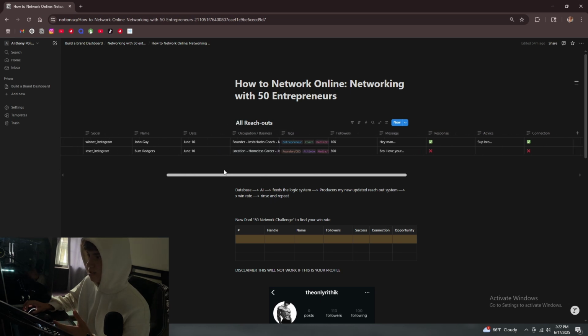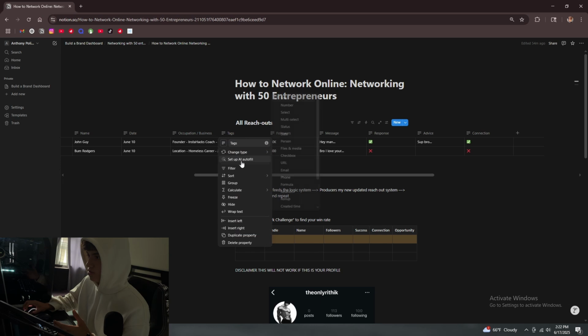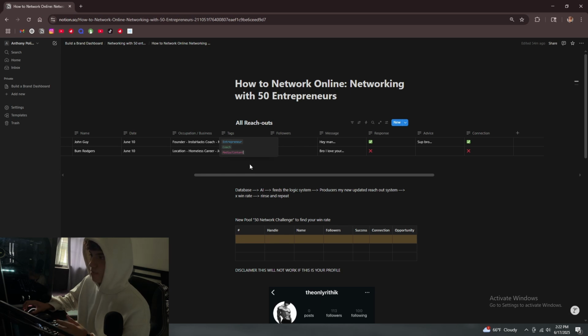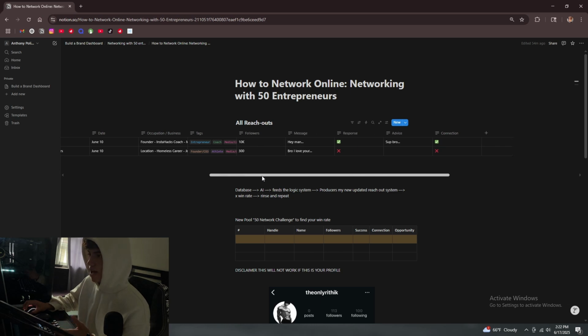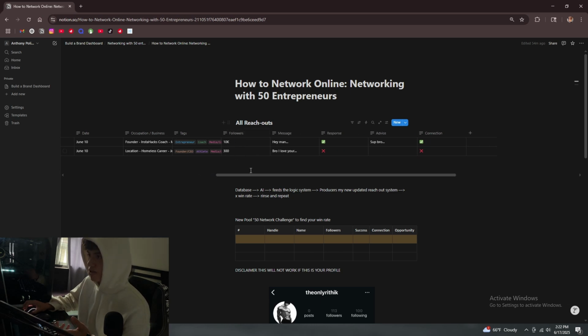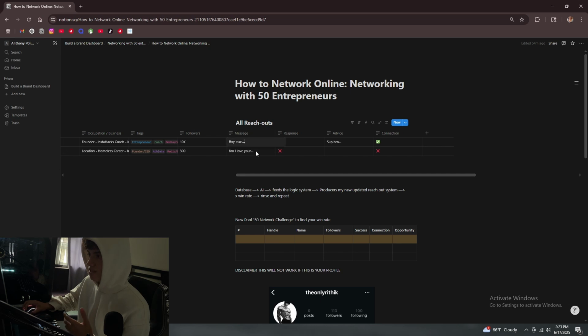When you create a database like this, you're able to use AI, and you're able to sort and filter things. One of them is these little groupings. I just use these little bits of code to put it into here. Essentially, if I'm looking in the future specifically for a coach, I could filter this tag to find all of the people that have this coach tag along it. And if I actually did get a response from this person, I'll list anything I could do to follow up with them. I'll typically put their followers in another category here. And then I have my message. Whatever I send to the person, I put into this section right here.